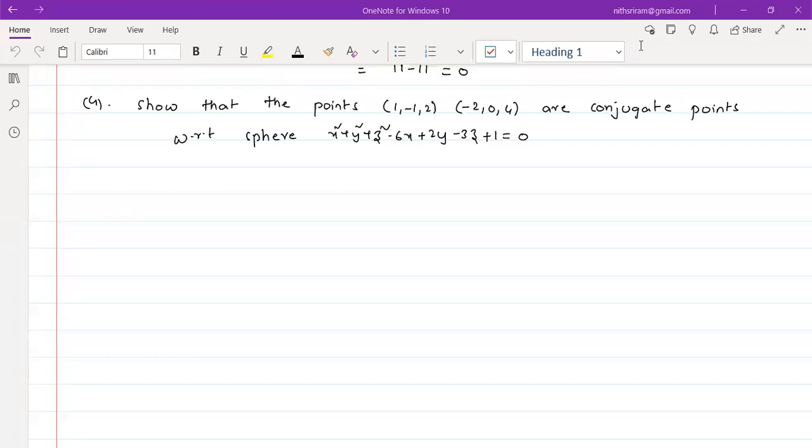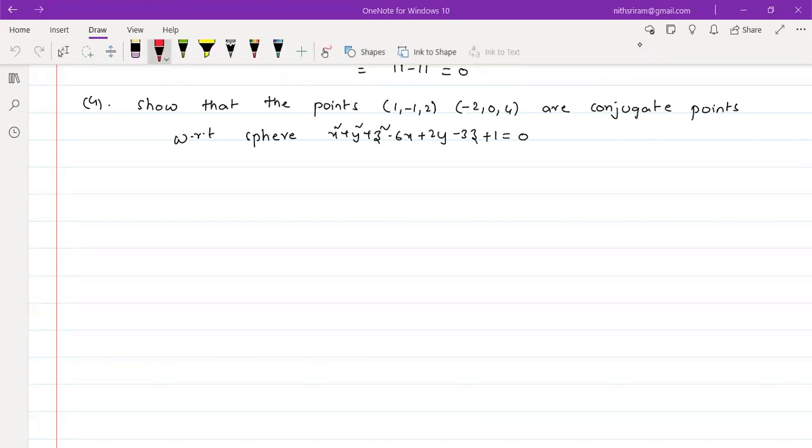Hello students, today I am going to discuss how to find the pole of the plane with respect to the sphere. Okay, so coming to the problem,